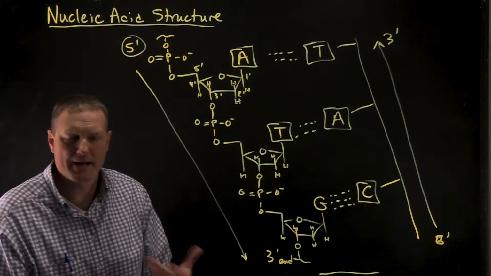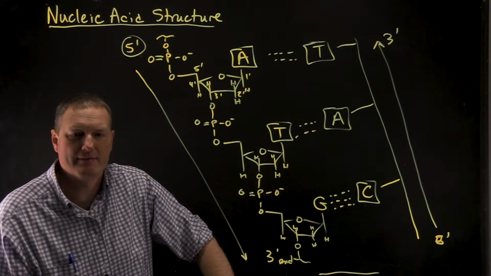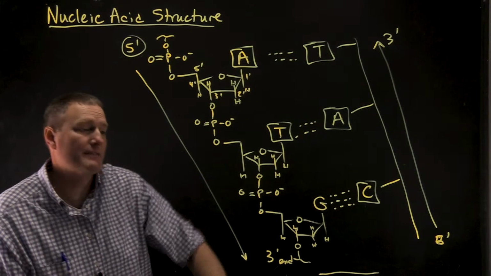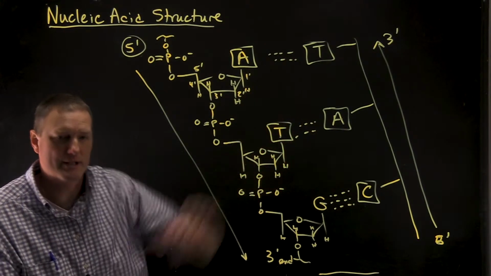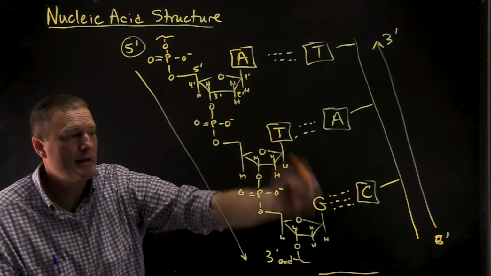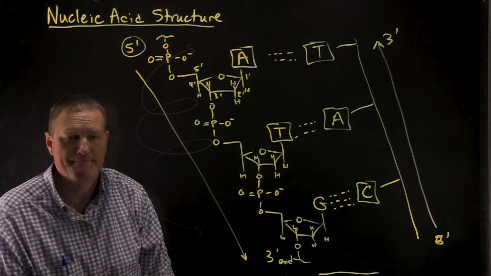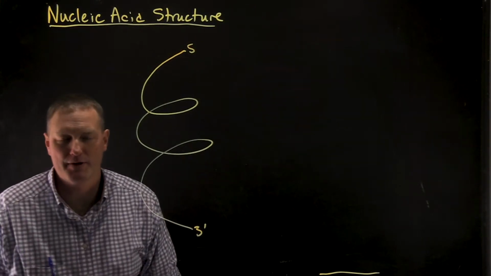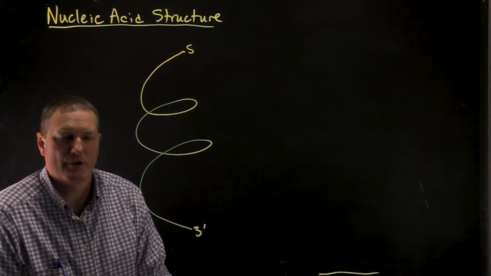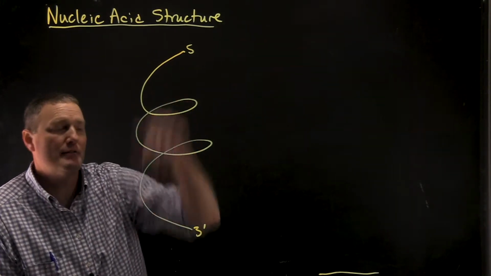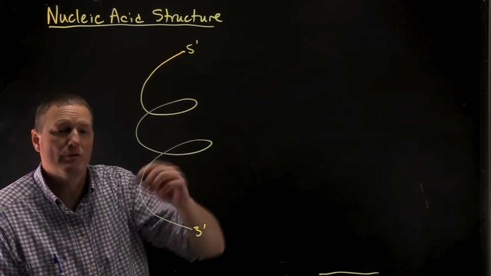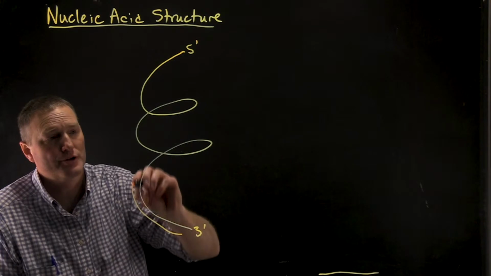And this is actually what Watson and Crick came up with in 1953 when they published their proposed structure of DNA, is they figured out that you had to switch the orientations of the strands, and they always found that A always paired with T and G always paired with C. So what Watson and Crick found in their structure, and this has been borne out in many, many experiments to verify the structure of DNA, is that if you have a strand, let's say that starts with a 5' end, it will form an anti-parallel structure